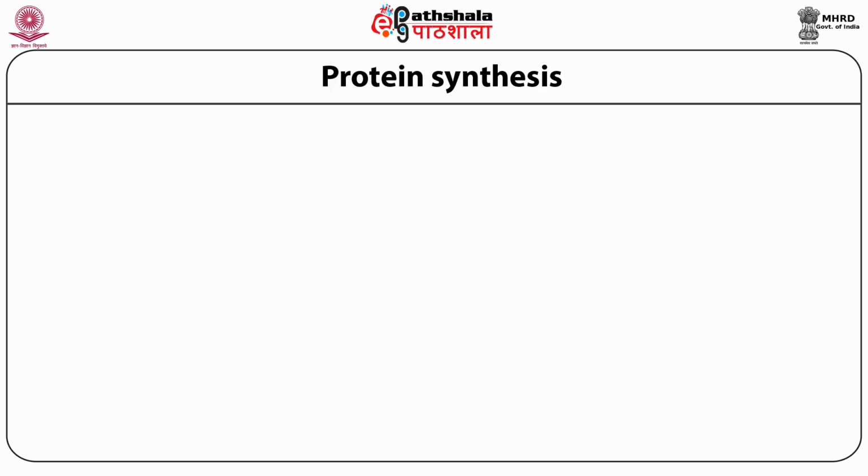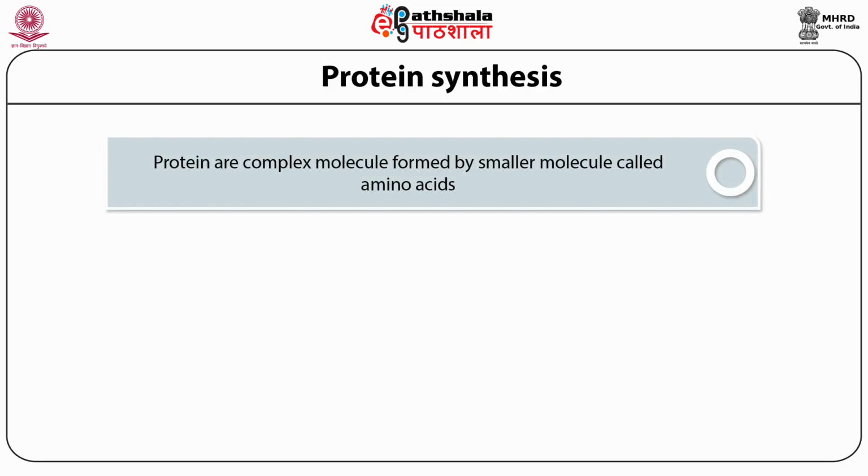Protein synthesis. The cellular functions of an organism are executed by various proteins. For example, hemoglobin found in red blood cells binds oxygen molecules and carries them to cells throughout the body. Similarly, insulin helps in the metabolism of sugar molecules in the body. The production of these proteins at different times and places is possible only by following the genetic information stored in the DNA through the process called protein synthesis. Proteins are complex molecules made up of smaller molecules called amino acids.